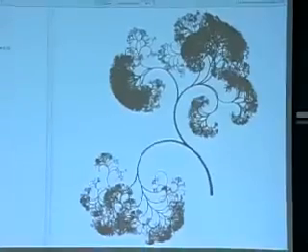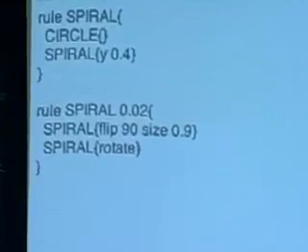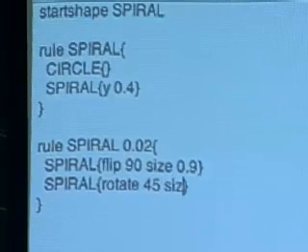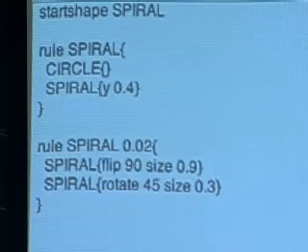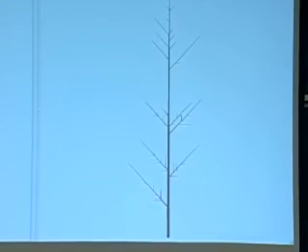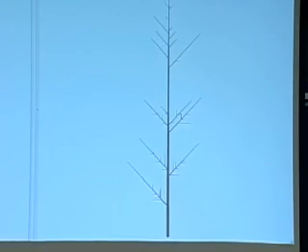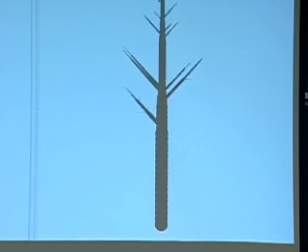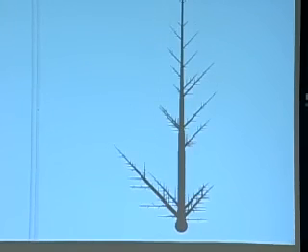And what flip does in this context, well, first I'll explain that later. Let's say rotate 45 degrees, and size is 0.3. So what we get is this very sparse structure. So we can increase the probability of branching to like 0.5, maybe 0.9, 0.2. So we get these things that sort of look like trees.